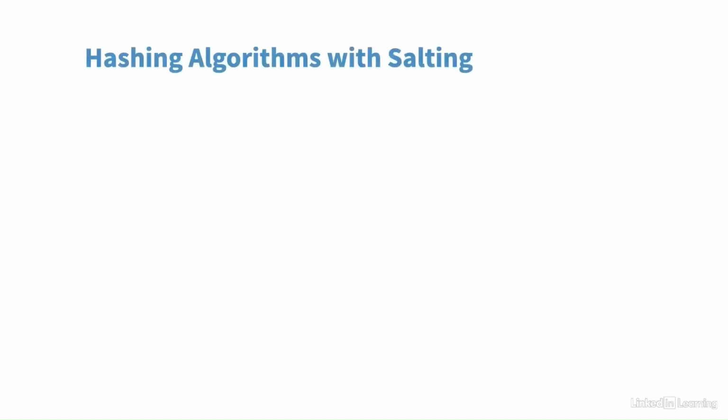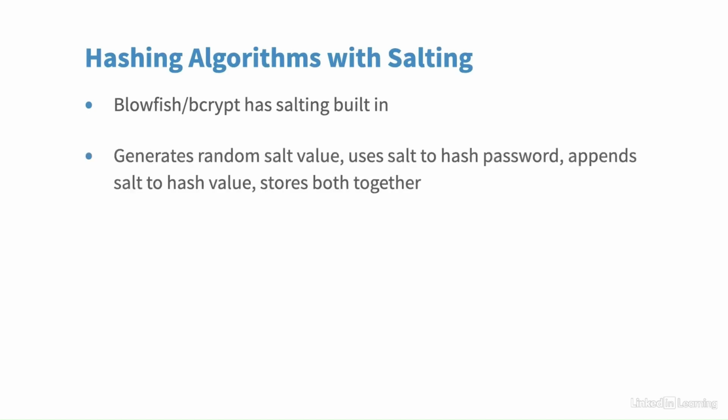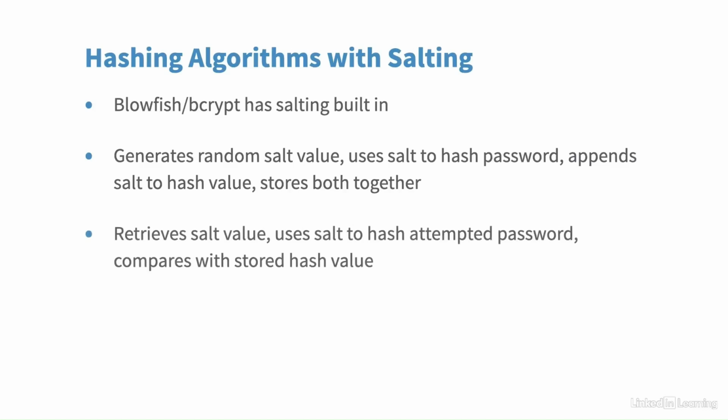Some hashing algorithms are designed to either accept a separate salt value or an initialization vector. In Blowfish or bcrypt, the salting is built in. A random salt value is generated, used for the hash, and then appended to the front of the hash. So the value stored in the database is actually the hash with the salt included. Then when a user attempts to log in, the Blowfish